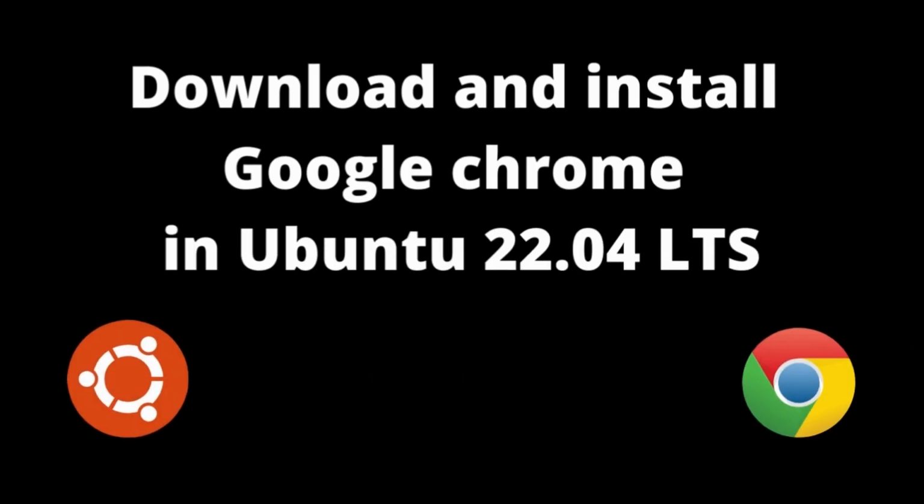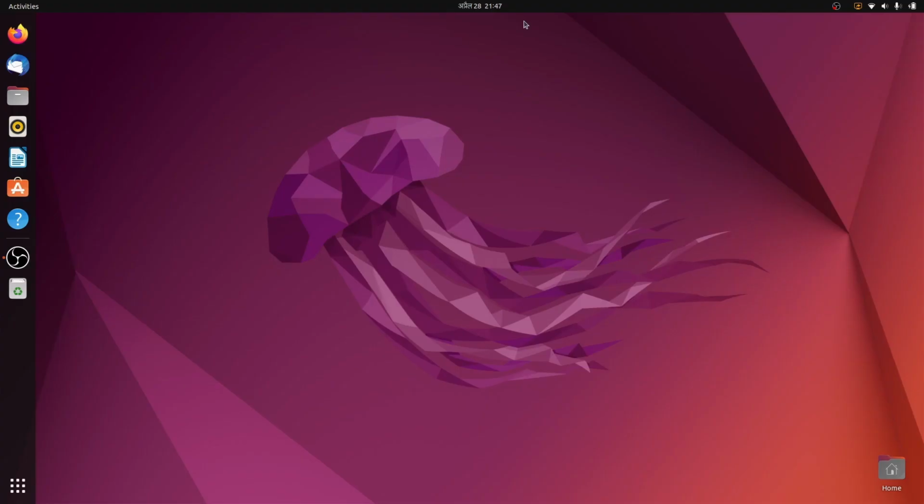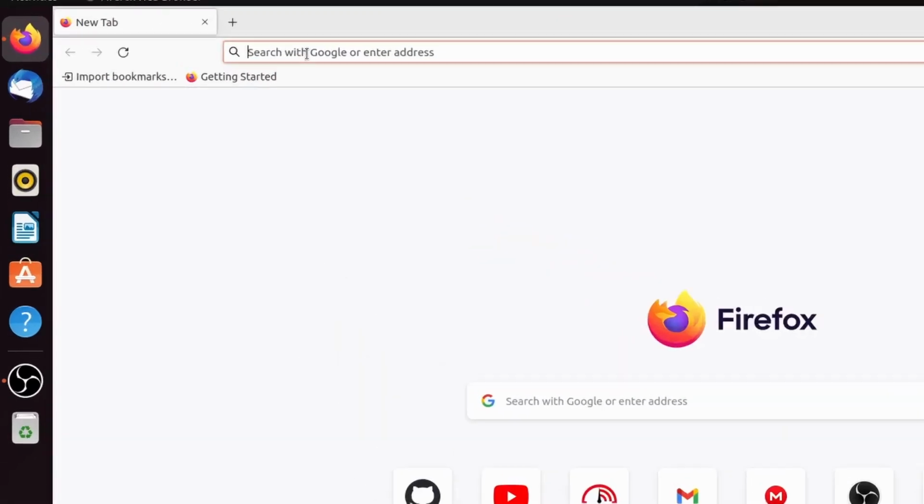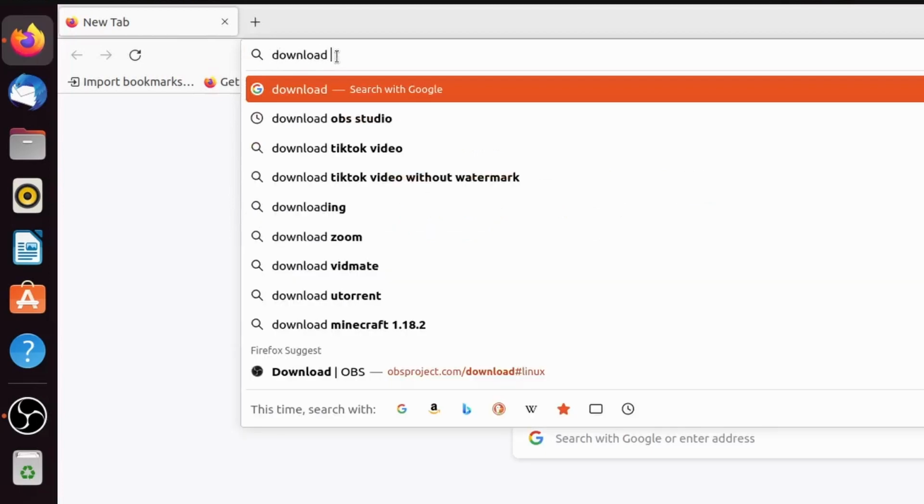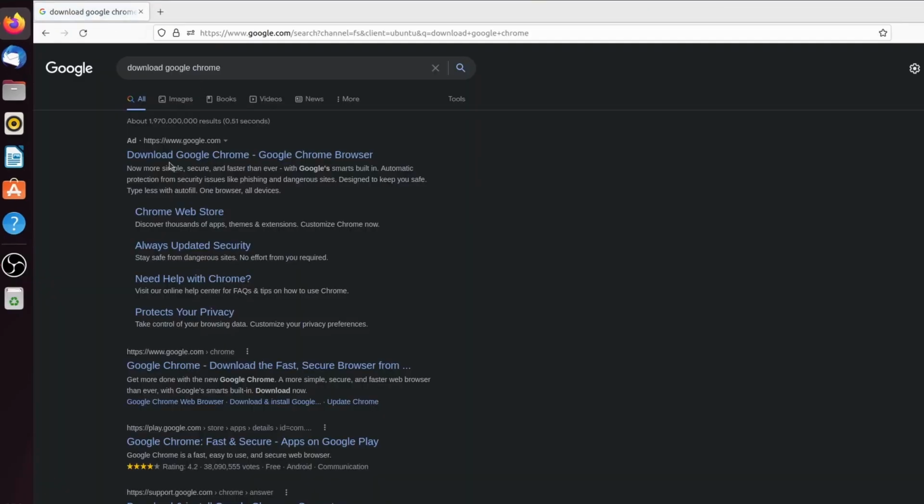So in this video I'm going to show you how you can install Google Chrome onto your Ubuntu operating system and also make it your default browser. By default, Mozilla Firefox is installed on your Ubuntu operating system. So just open Mozilla Firefox, search for download Google Chrome, and go to the first link